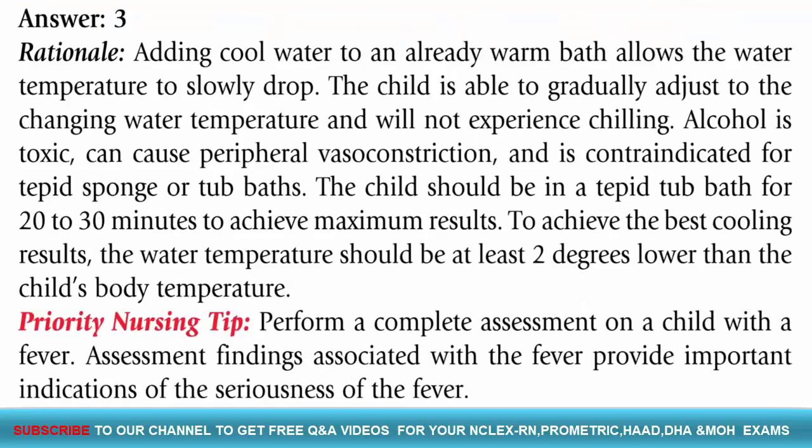Answer 3. Rationale: Adding cool water to an already warm bath allows the water temperature to slowly drop. The child is able to gradually adjust to the changing water temperature and will not experience chilling. Alcohol is toxic, can cause peripheral vasoconstriction, and is contraindicated for tepid sponge or tub baths. The child should be in a tepid tub bath for 20 to 30 minutes to achieve maximum results. To achieve the best cooling results, the water temperature should be at least 2 degrees lower than the child's body